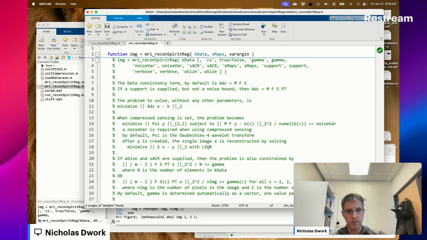There's no looking at the wavelet coefficients of the highest frequencies. You just look at the noise, which you can measure with MRI.